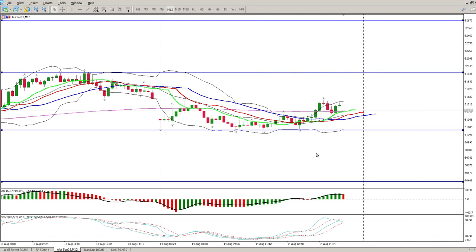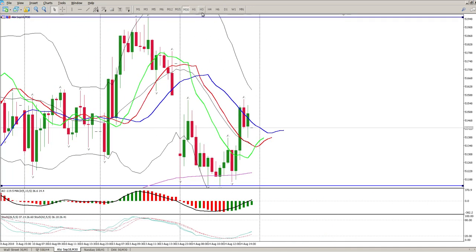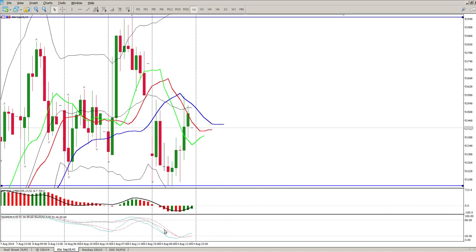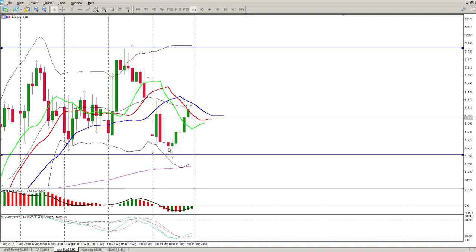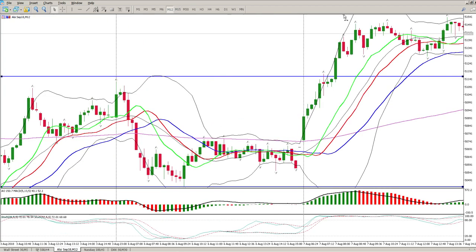Whether it plays out like that is another story, but we do have some grouping of oscillators here. The only thing that's concerning me is if I look at the higher time frames, we've had a crossing and a move to the upside. If you look at the hour, we had quite a few hours of positiveness, but we are below the 20 moving average here. That's the look that I have here, and let's summarize it quickly.